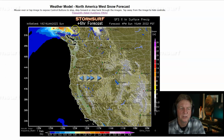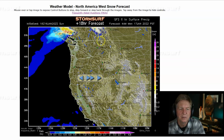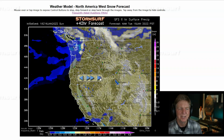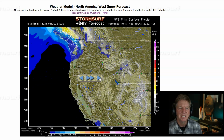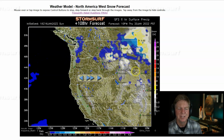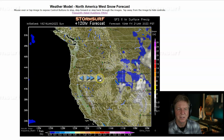Just a real quick look at the snow forecast. The U.S.-Canada border right there. Vancouver in that area. Whistler up in there. A little bit of snow maybe as we get into Monday, and continuing perhaps into Tuesday. Another little pulse on Wednesday into Thursday. And a little bit here into Jackson Hole in that area,